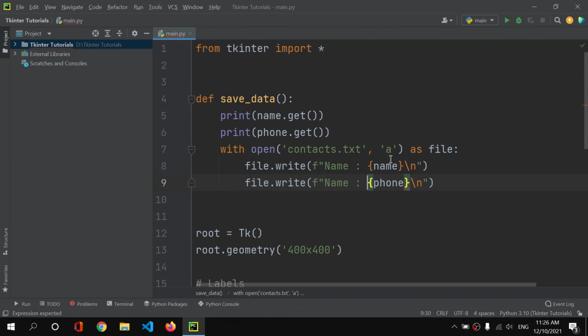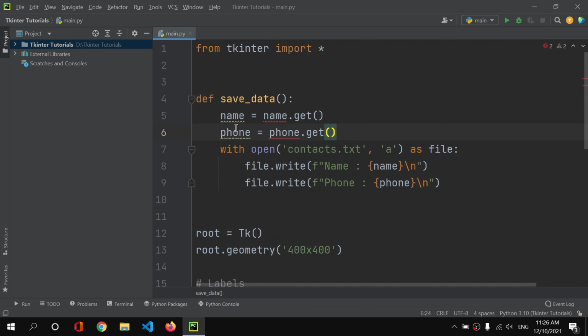So phone, and here we want the phone as well, and then instead of printing these values, I will store this phone.get in this phone, and I will store this name.get, so the actual text in this name and the actual text in this phone.